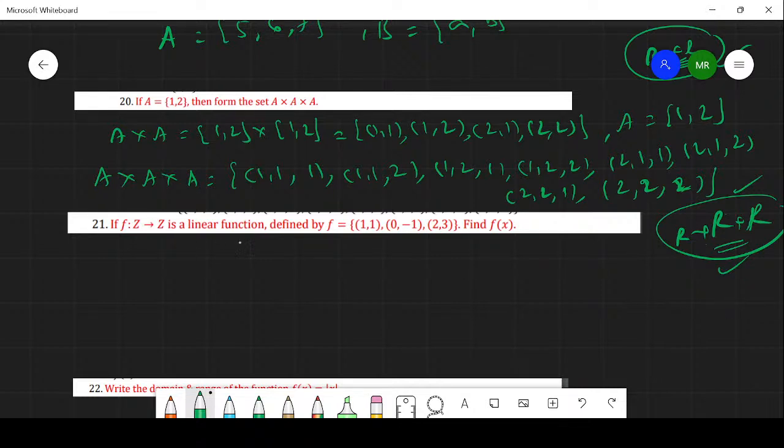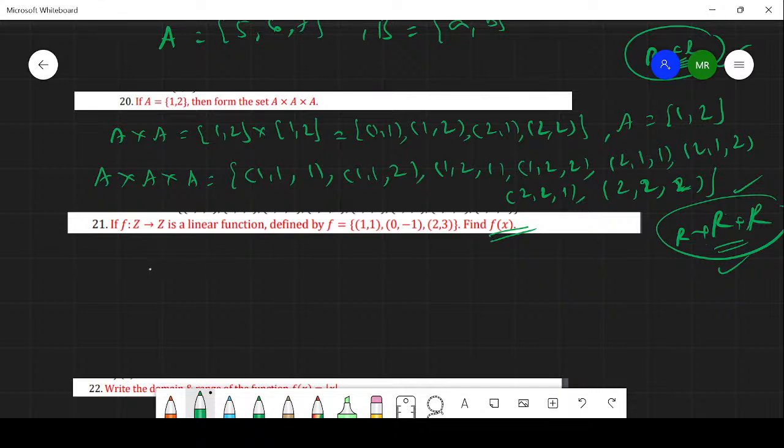If f from Z to Z is a linear function defined by f equal to the set of (1, 1), (0, -1), (2, 3), find f of x. You should find that linear function. They're asking to find that linear function. To find the linear function, first of all